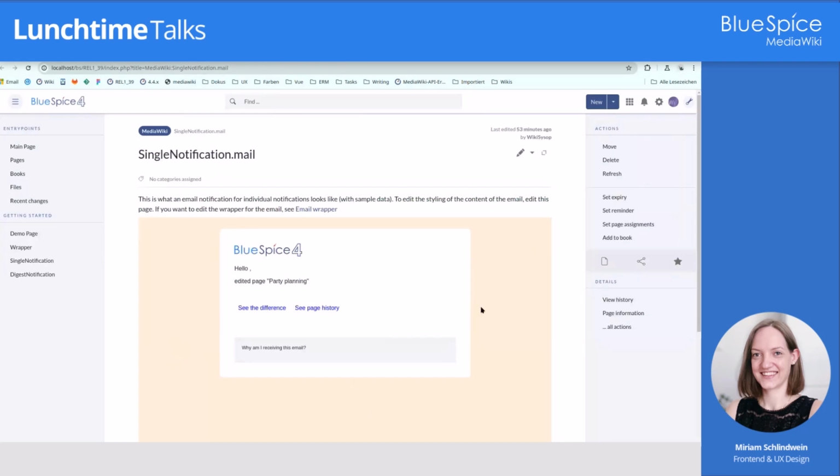You will also get a preview with now the content, because now we can display some content. You also get the logo, then the message, why the email is sent or what happened. You can link it to, for example, the difference, what has changed. And then you have also the information why you're receiving this mail. If we now edit this page,